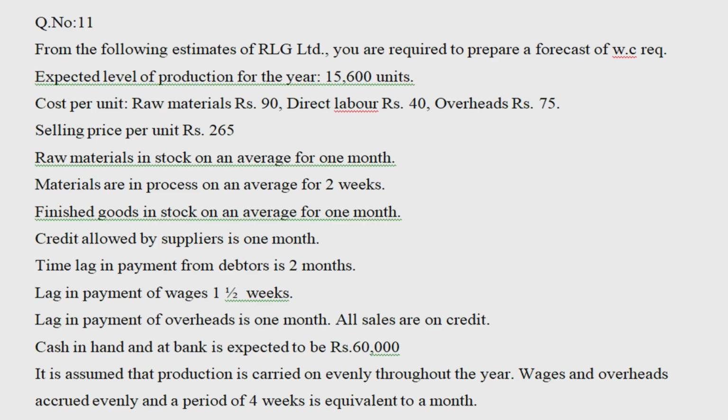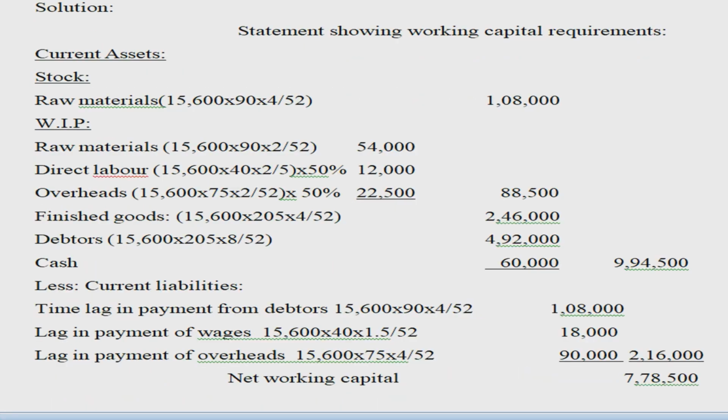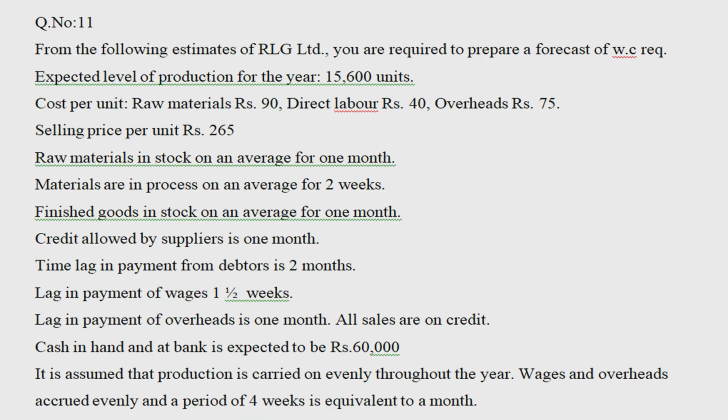Same, working capital requirements we have to find out with the help of current assets minus current liabilities. Under current assets we have to consider stock, work in progress, finished goods, debtors and cash, all those things. So solution, statement showing working capital requirement. So under current assets we have to consider stock. For the stock, the expected level of production for the year they have given is